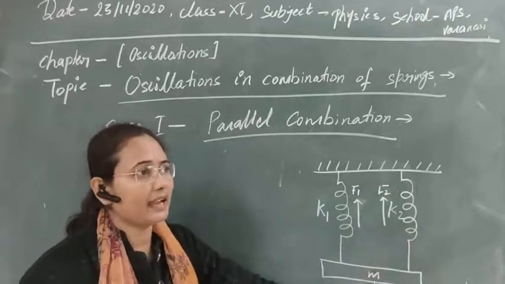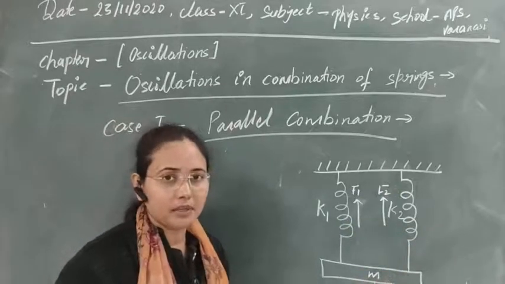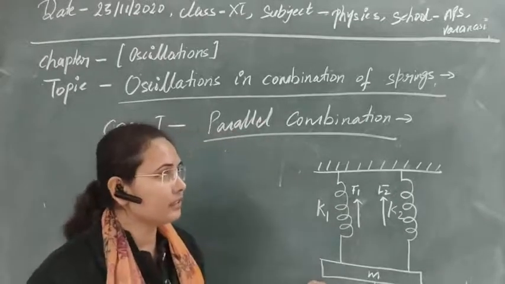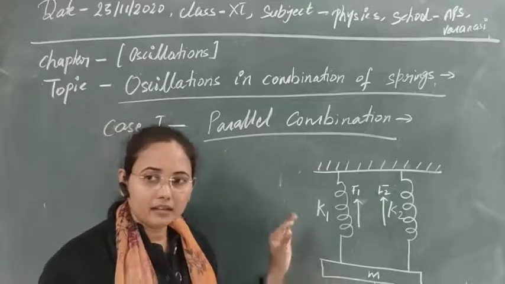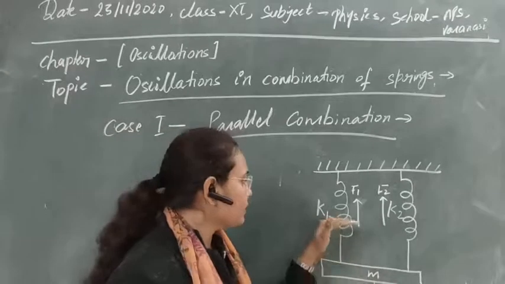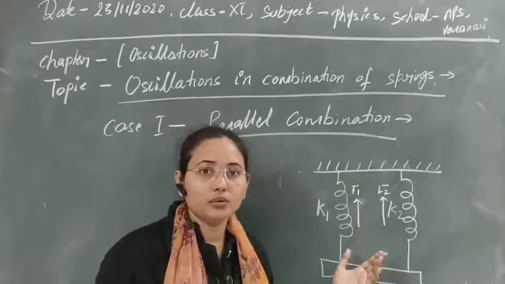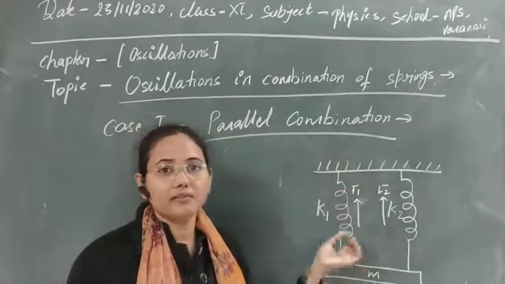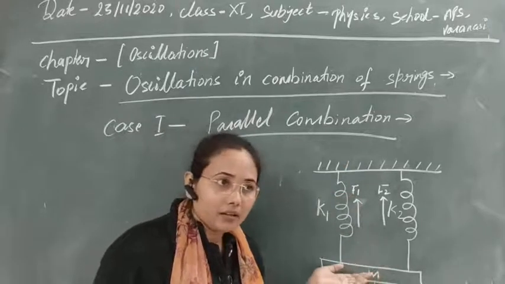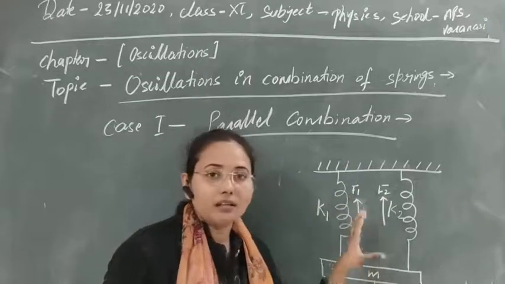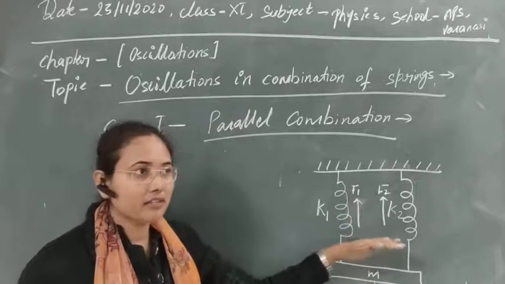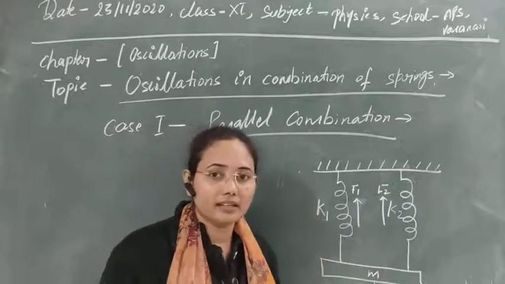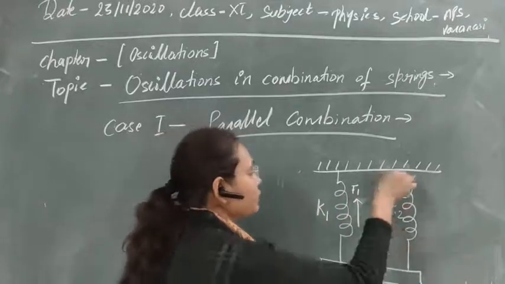It's the same way as we have studied for one spring. If its weight is acting here, then obviously due to its weight there will be some extension in this spring, and to that extension this spring will oppose it due to its elastic property, and that's why a restoring force will be developed in the system to keep it in its original condition. So it will always try to bring it to the equilibrium condition, the original condition. That is the case of restoring force here.